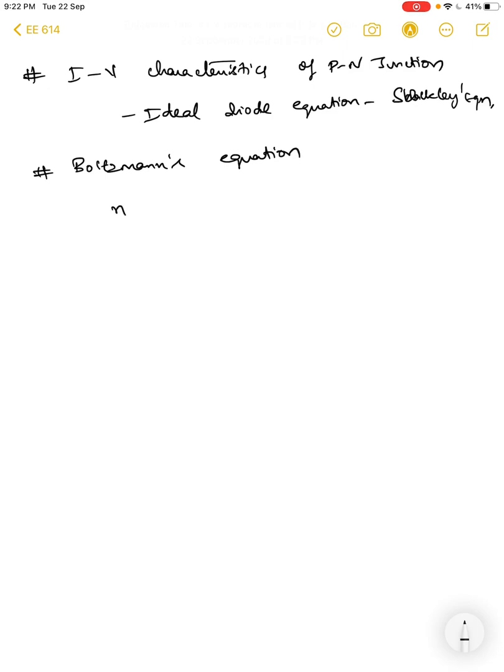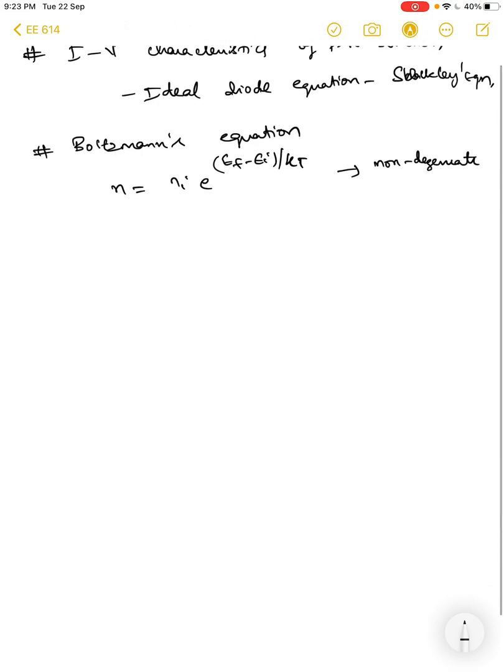The equation is precisely n equal to n_i e power (E_F minus E_i) by kT. You will remember that this equation is the same as the equation for a semiconductor under a non-degenerate condition. Right? You remember this, right? It is the same as saying that you have a semiconductor at such high temperatures that the Fermi-Dirac distribution and the Maxwell-Boltzmann distribution are almost the same. So we use this equation to derive this relation. The same way you can write for p